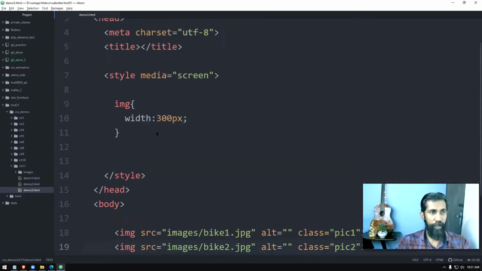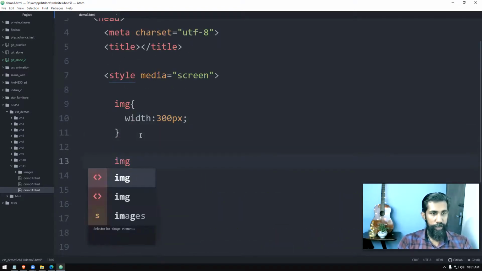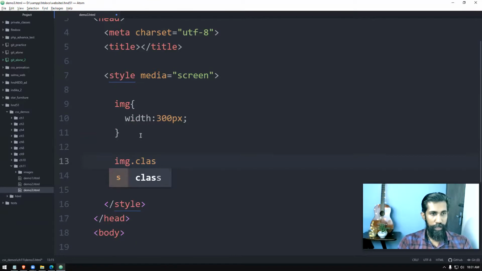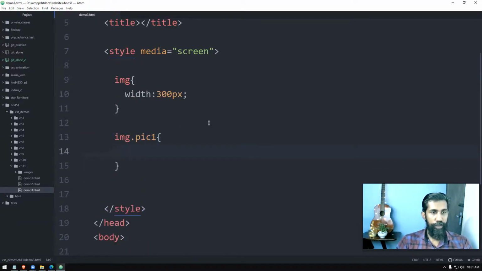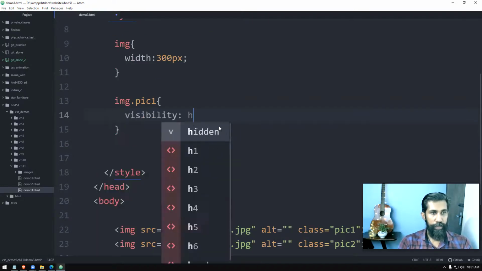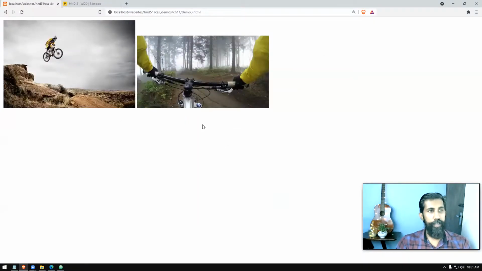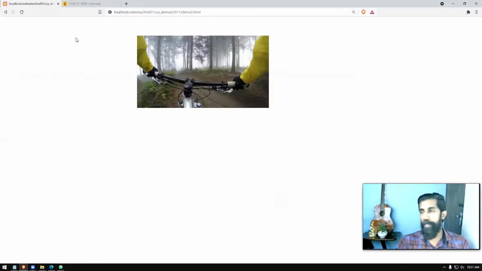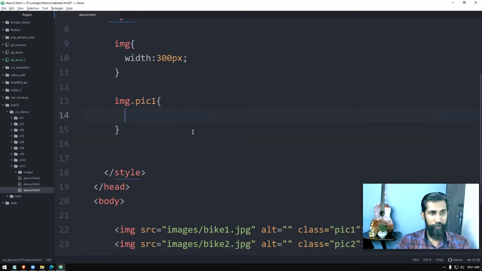So we'll say img dot pick 1. To make sure it's working, we can say visibility hidden, reload the page and see. Yeah, it's disappearing. That means the code is working.